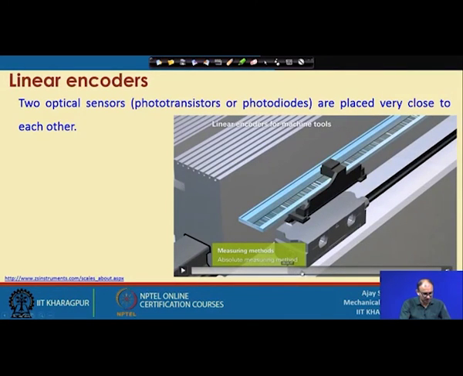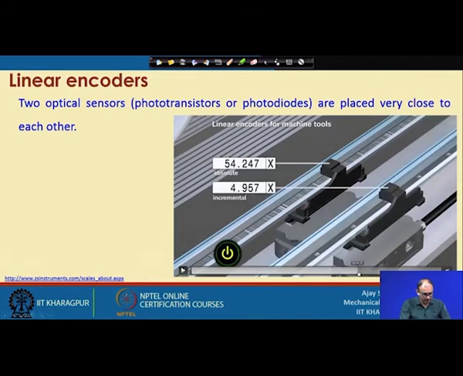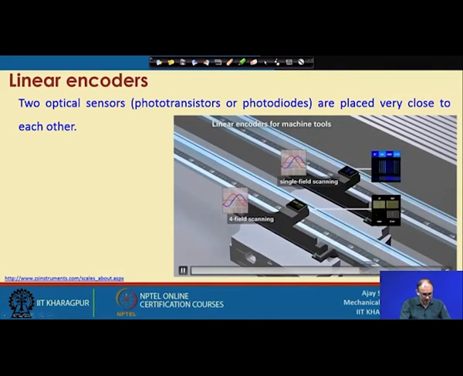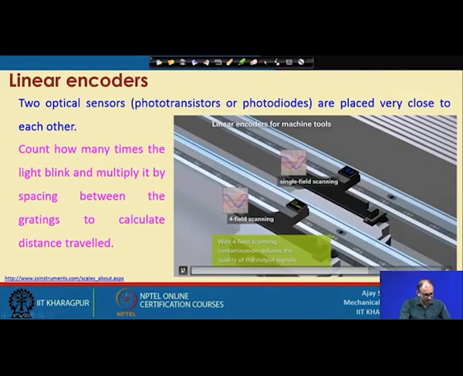This we have seen already. Yeah, so, there are different ways of getting the signal. Suppose you have 4 signals, at 0, 90, 180, 270 degrees; you will get a signal out of it. There is single field scanning, and this is four field scanning. Similar to that, you have 4 different aligners at 0, 90, 180, 270 degrees, and you will get the signal another way. But the problem is that in four field scanning, it will actually create a problem.